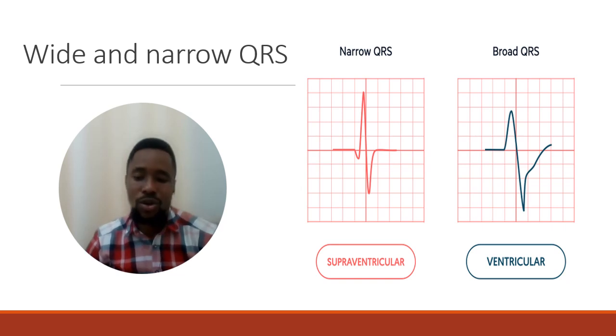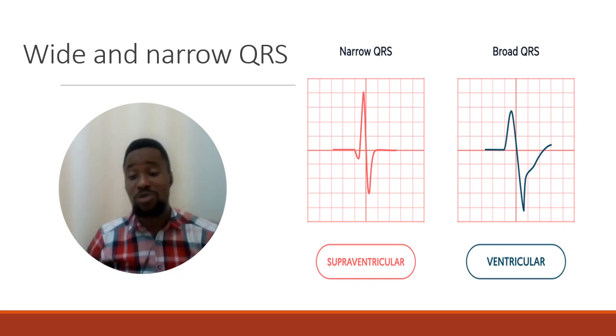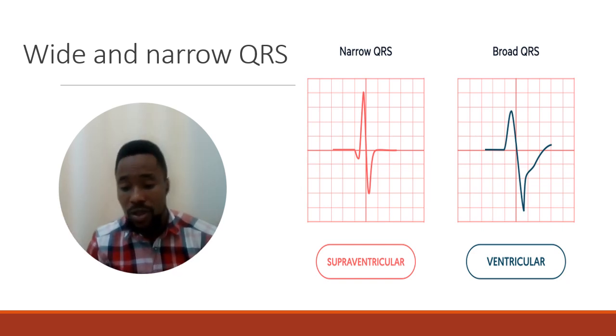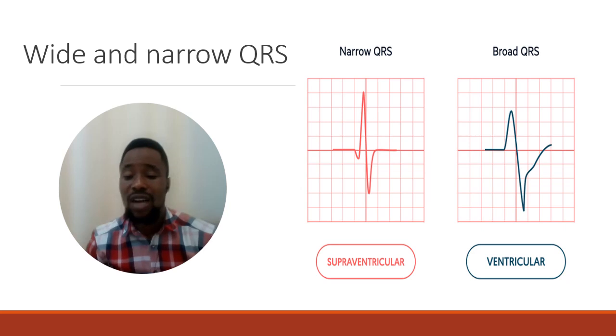Now, what is the risk when you have a wide QRS complex? I know some nurses will be smiling now. The first thing that comes to your mind is VTAC. When you have a QRS complex that is wide and there's an absent or retrograde P wave, you'll be thinking of VTAC. Now, when you have a wide QRS complex, another condition that can make a QRS complex wide is actually ventricular conduction delay,